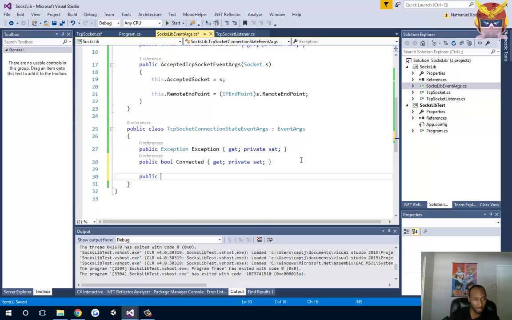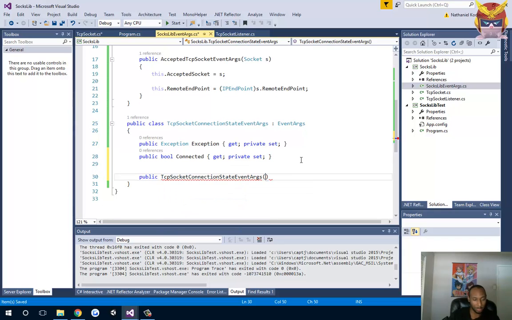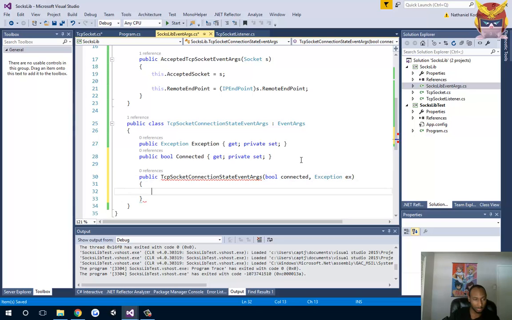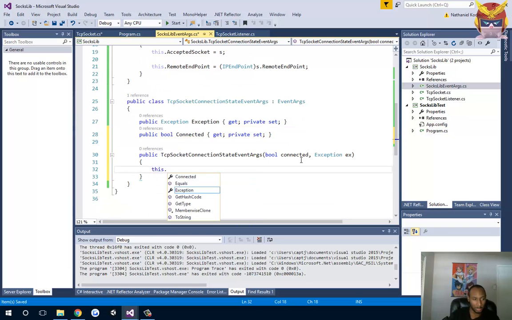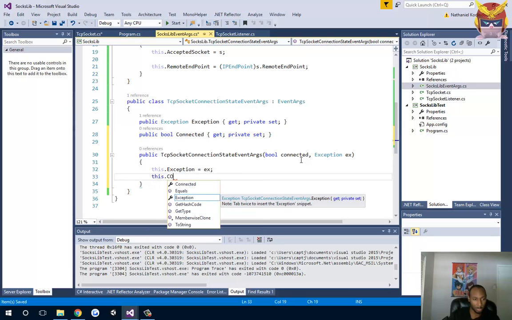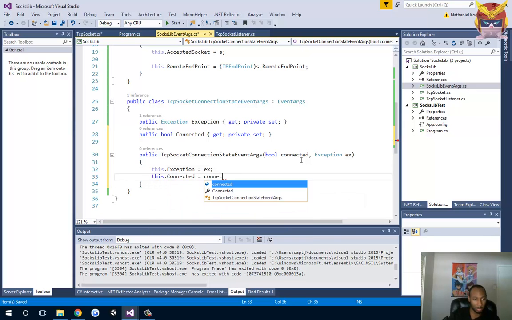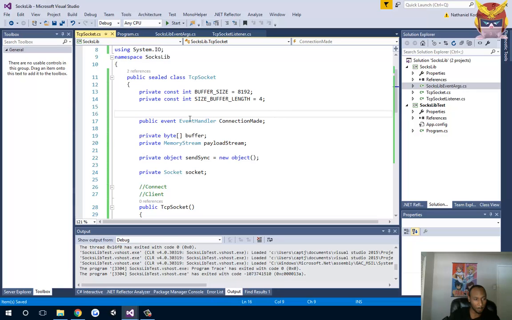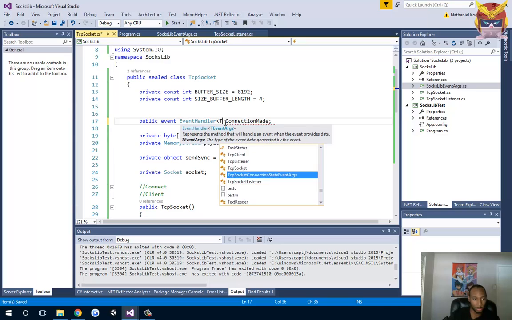And then public TcpSocket connection state event args. I know that's a mouthful. Bool connected and exception. Let's call it EX. And then we'll set the exception of the class to the exception of the parameter. The same thing with connected. And now I'll break this thing down in just a moment. Follow along. As you can see, this should look similar to the